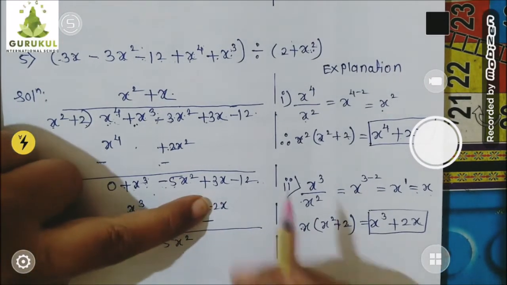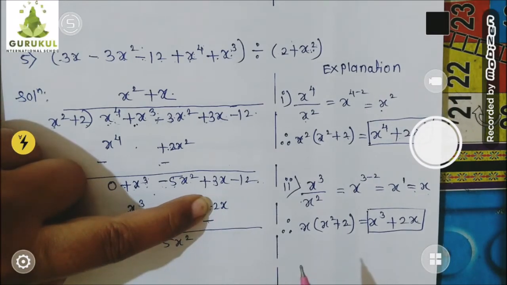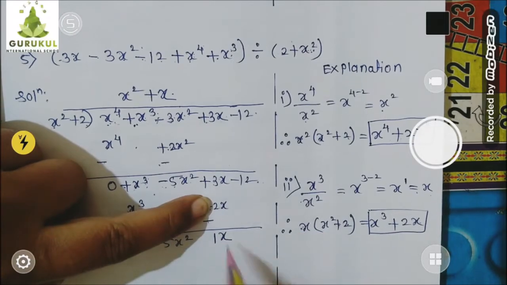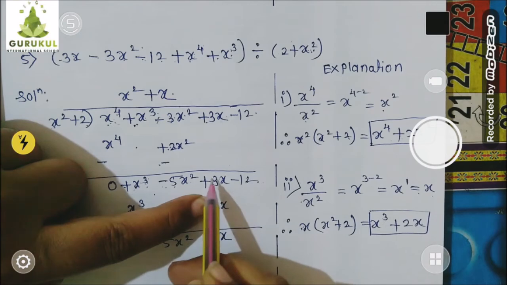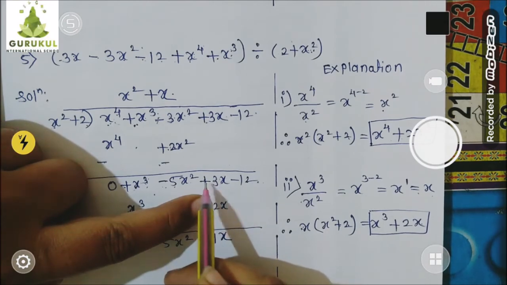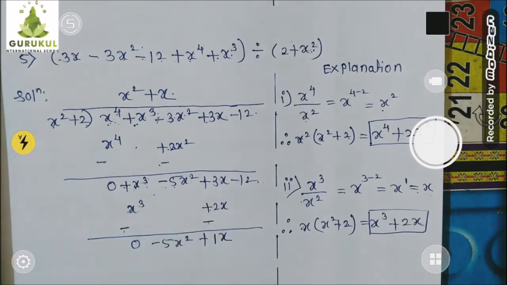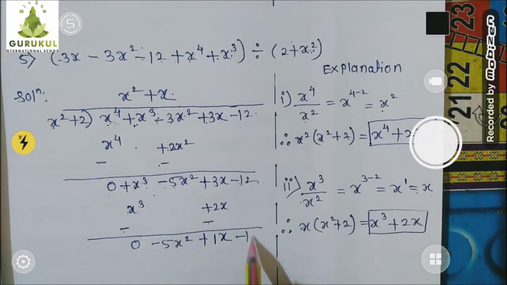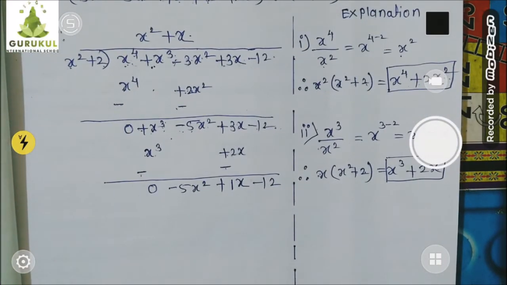Now here plus 3 minus 2. Opposite signs, subtract the numbers. So 3 minus 2, 1. Copy down the variable as it is and put up the sign of the greater number. Among 3 and 2, greater was 3. Its sign is plus, so this sign I will put up for the answer. And then again minus 12, nothing for subtraction, so copy down as it is. Okay, second step got over.